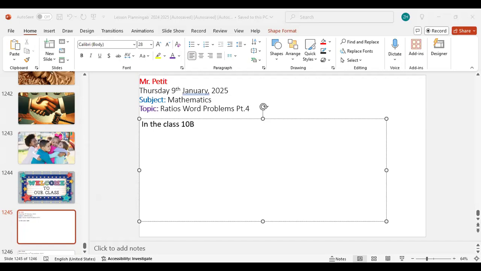The ratio of boys to girls, let's do girls to boys, is 4 to